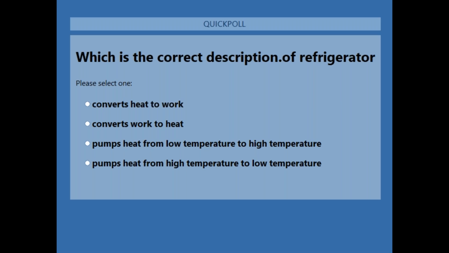Let me repeat it again. A refrigerator transfers the heat from a lower temperature body to a higher temperature body. A refrigerator would transfer the heat from a lower temperature body to a higher temperature body. It is not that it is transferring the heat